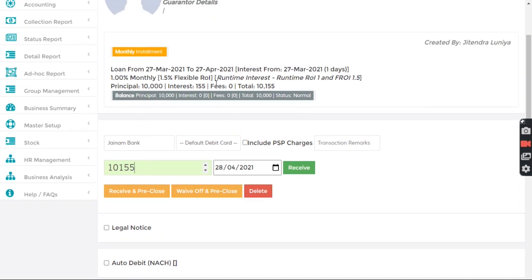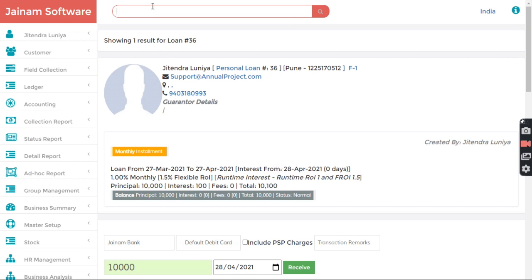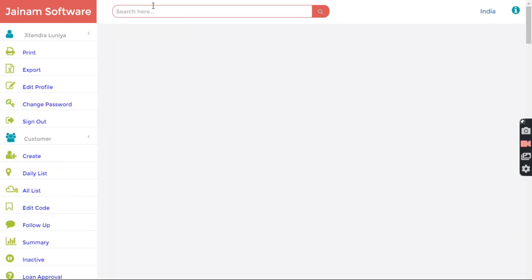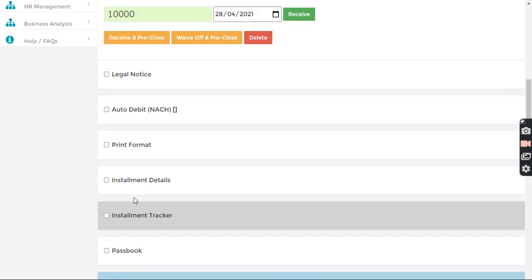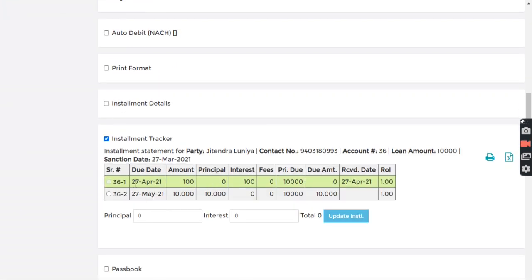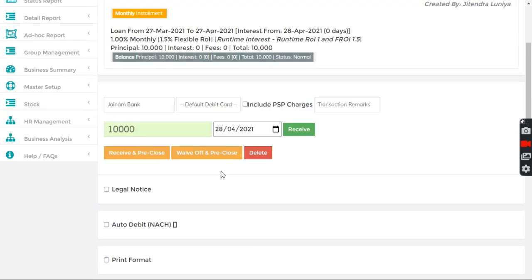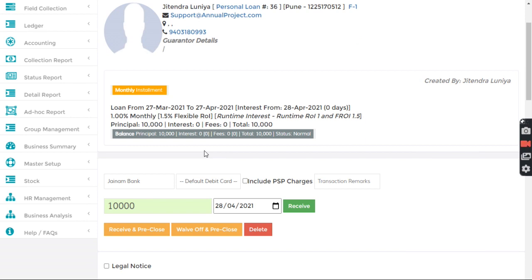In this case it is calculating 1.5%, but let me say that I received the amount on 27th, which was exactly 1 month, so I received 100 on that date. I click receive. Now if I search loan 36 again, it was received on 27th, so on 28th it is not yet calculated.